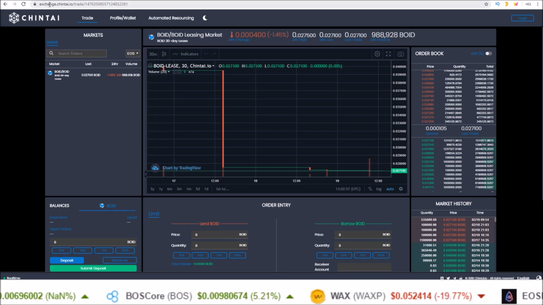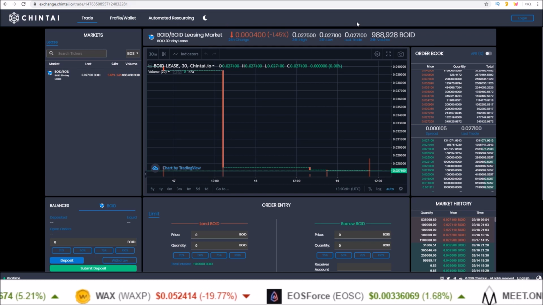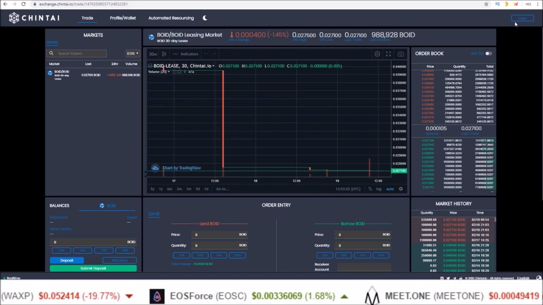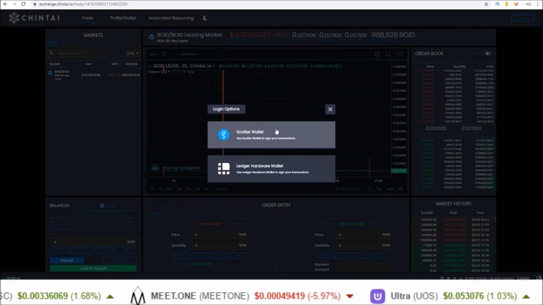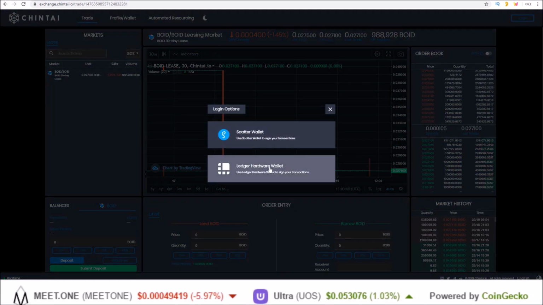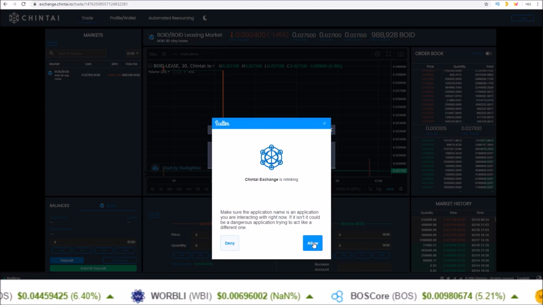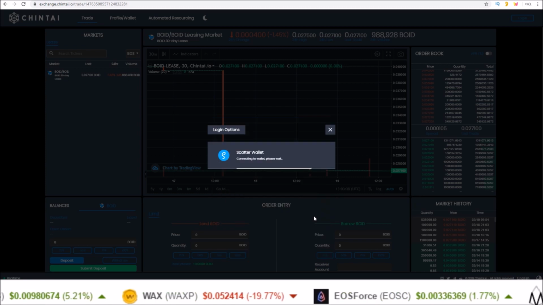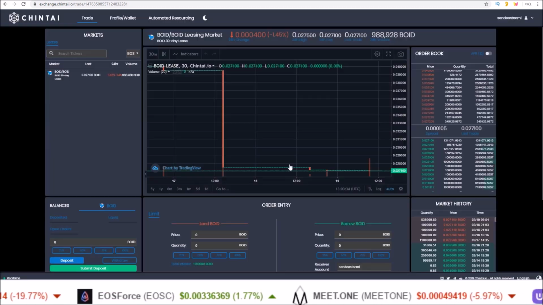Here I am on exchange.chintai.io. And the first thing we need to do, of course, is log in. So come up here, upper right hand corner, click log in, select your wallet, either Scatter wallet or Ledger hardware wallet. I'm going to be using Scatter for this example, and then allow that. If this is your first time logging in, you'll have to select which wallet you want to use from your